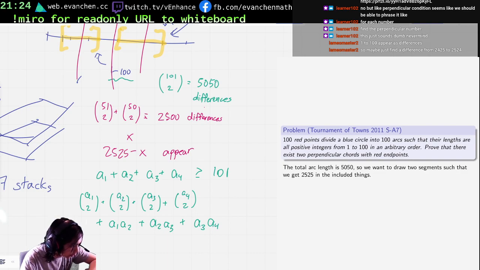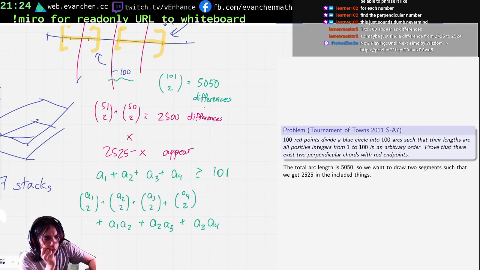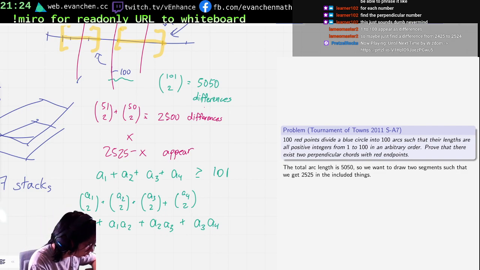Find the difference from 2425 to 2524. Oh, that's not a bad idea, actually. I think the only issue you're worried about is if the complementary difference you need is inside the interval. But that's actually not a bad idea, because you know that all those differences are there for sure. Actually, honestly, you definitely can find a difference between 2425 and 2524. Exactly because